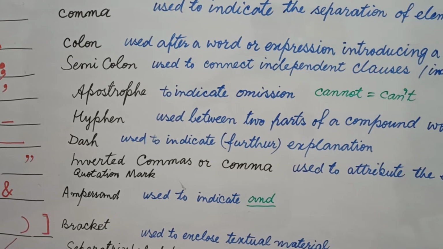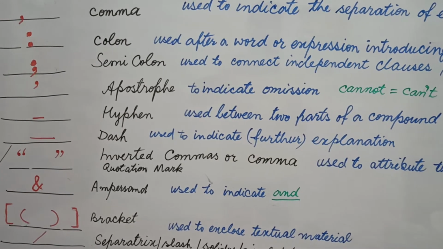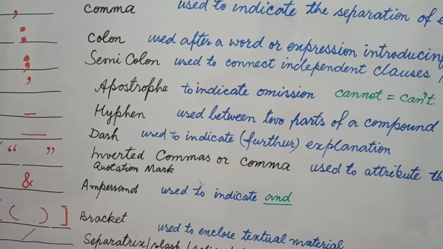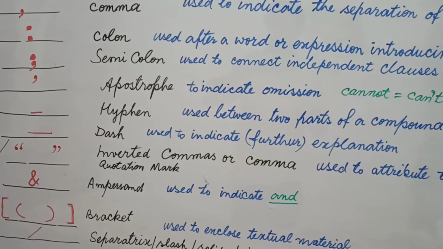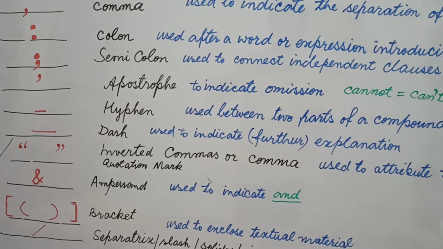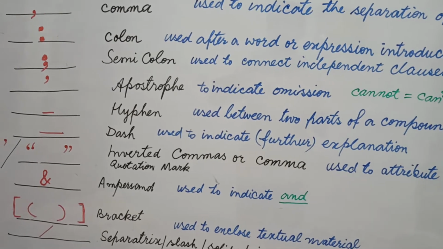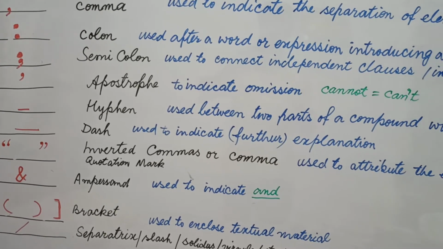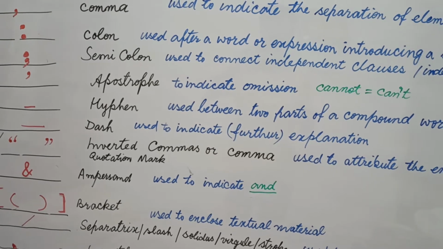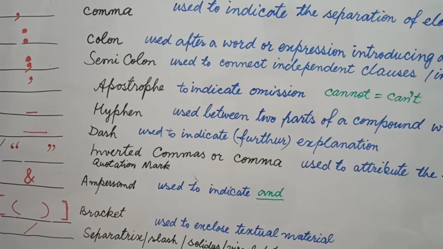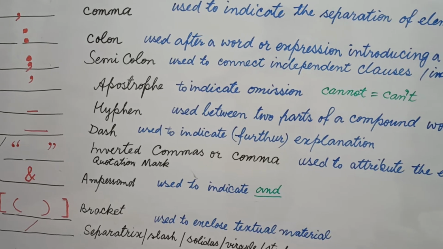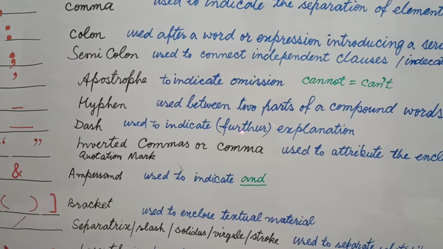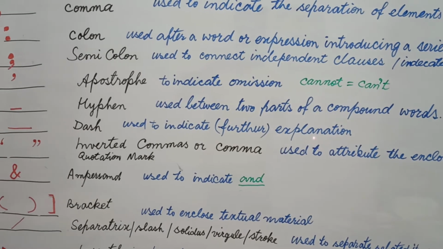and then you write stories and anecdotes. If you write our Indian music, then the reader will think what you want to say about Indian music, and he will be confused. So to remove his confusion and to make it clear in what field you are talking about Indian music, you will say Indian music, our stories and anecdotes. It means we are discussing our Indian music with reference to stories and anecdotes. Stories and anecdotes is a further explanation.